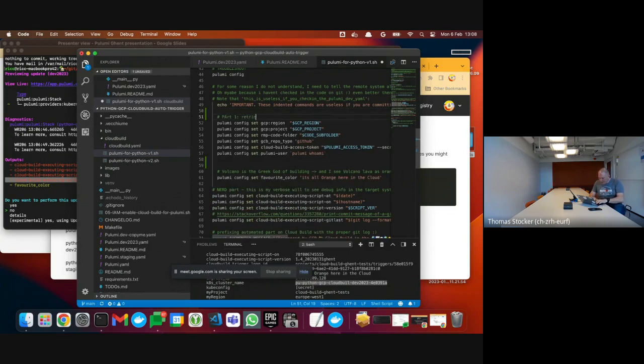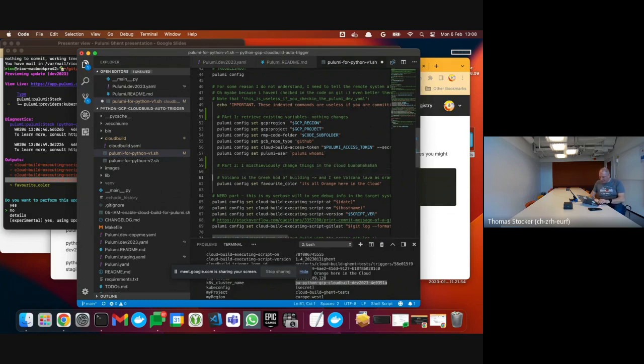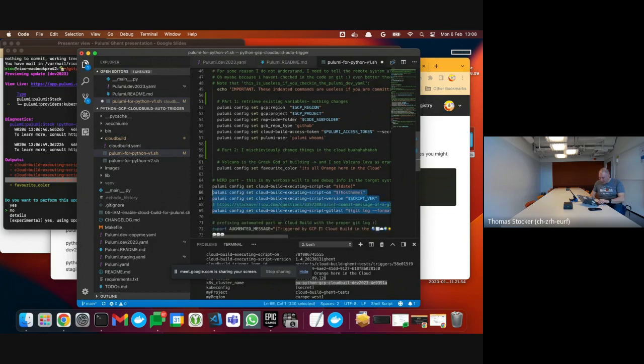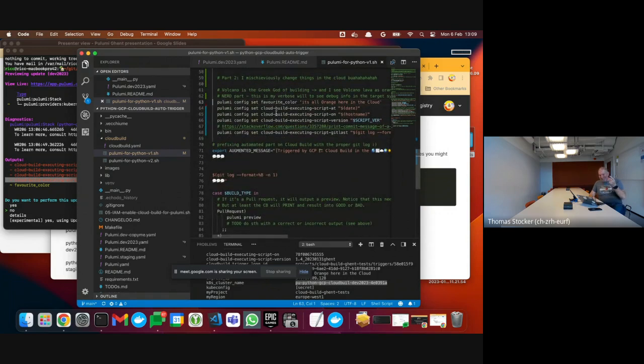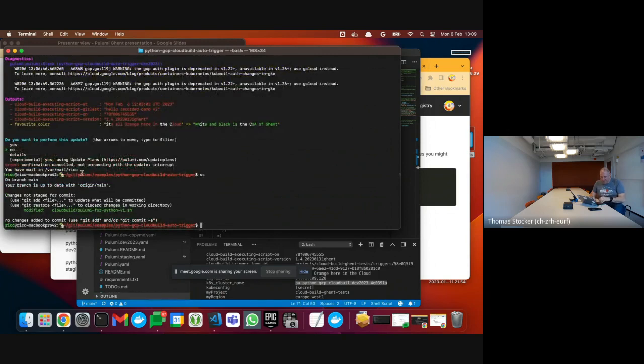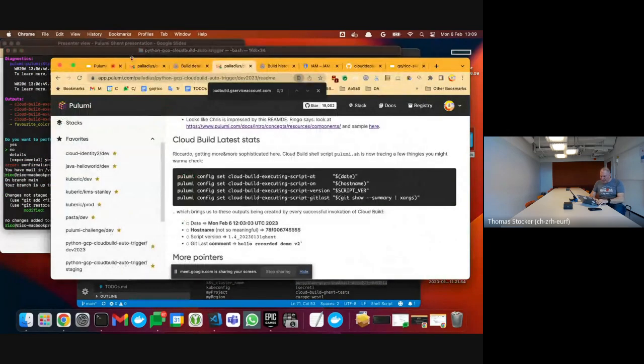Whereas from now on, so let's call it this way. Part 1, retrieve existing variables, but nothing changes. Part 2, I mischievously change things in the cloud. And this is to this Pulumi config here. Because actually the favorite color, I'm also doing that. So this is me testing cloud and local conflicting on something, and I prefer to test on something like my favorite color rather than something useful, right? So it's me learning this stuff. Okay, so that is the end of the demo,